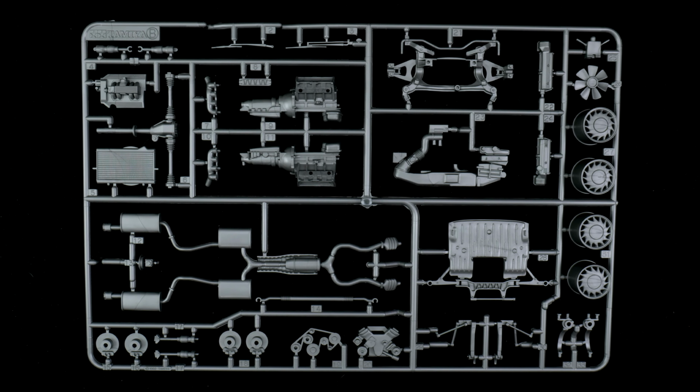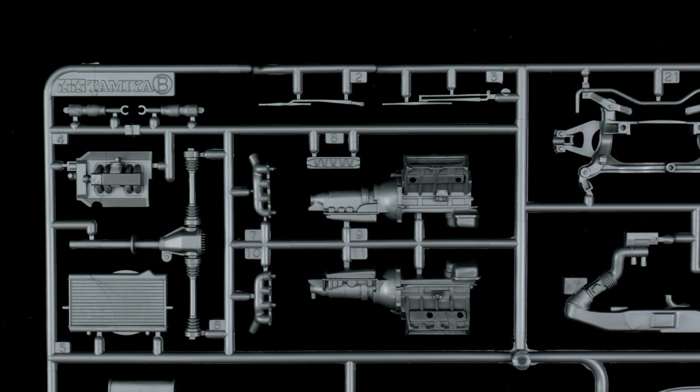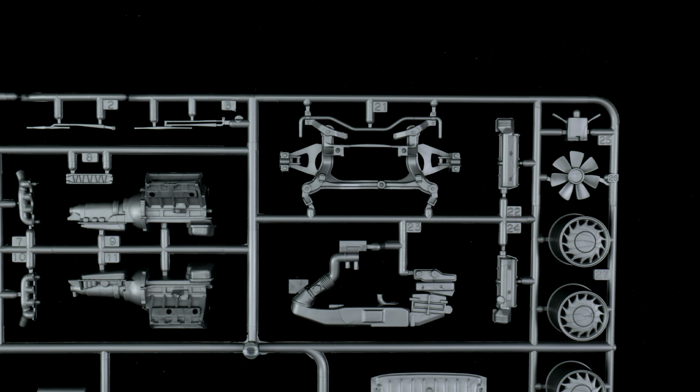Taking a look now at parts tree B, which is the engine and suspension parts tree. So again, starting up in this corner, we have the engine halves, intake, radiator, rear axle, wipers. Over here we have the rear suspension subframe, valve covers,